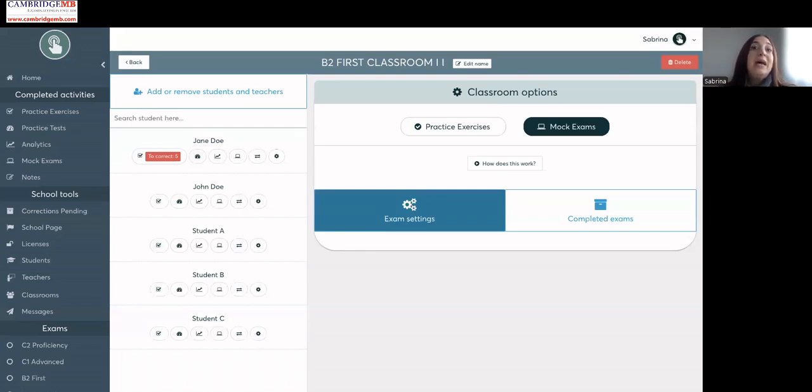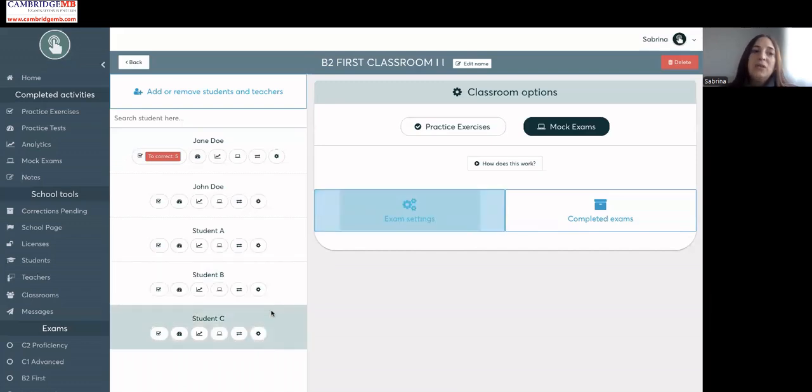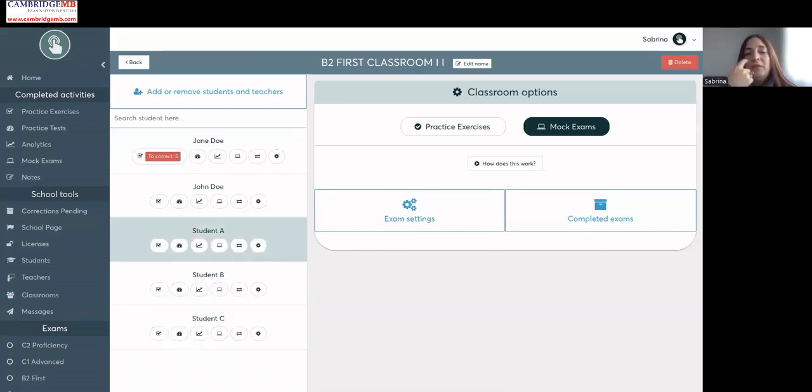So what about the admins, the administrators of the schools? Well, in the current version of the platform, we can have one admin per school. In the updated version of the platform, you can have more than one admin per school. So let's say that you want one of your teachers to have access to the admin tools to help you with the admin tasks. Well, you can create extra admin accounts for that. And something that I believe is really, really important, and is one of the admin tools, is a school page